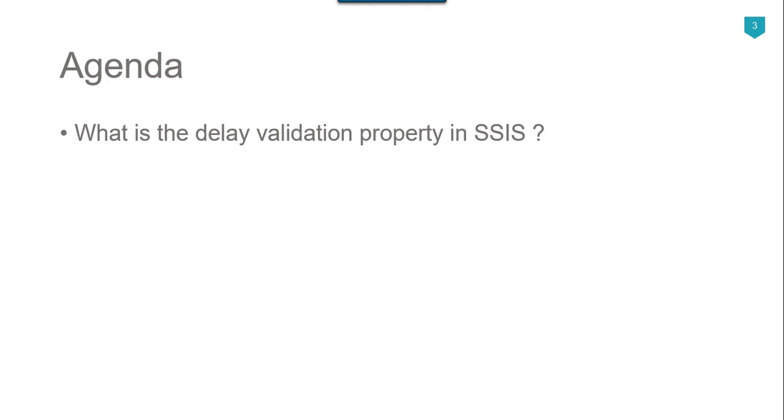When this property is set to false and you execute the SSIS package, just before the execution of the SSIS package, it checks the validation of different objects used in the package. It checks all the connection managers and makes sure that they are running fine. For example, if you are loading the data into a SQL Server table, it checks if that SQL Server table exists or not. So this is how it works. Let's jump to the demo.